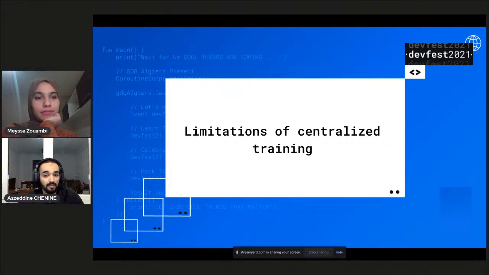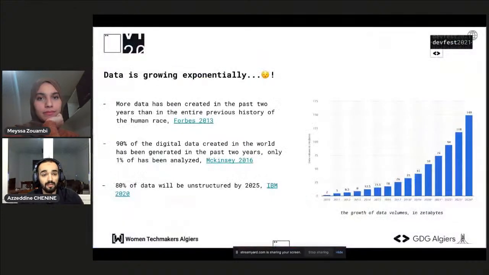Before hitting the core of our topic, let's start with some phenomena that we can observe. The first one is that data is growing exponentially, like you see on the chart on my right. And we can take real insights about this phenomenon. Forbes in 2013 said that more data has been created in the past 2 years than in the entire previous history of the human race, which is huge. And McKinsey in 2016 has another insight saying that, take for example the year you are living in, let's say 2020 or 2021 or 2016, based on the insights,